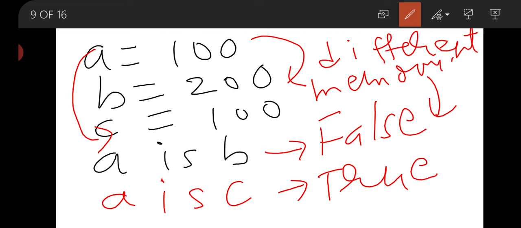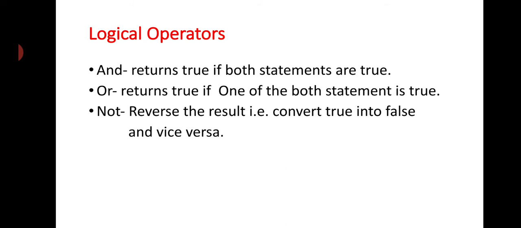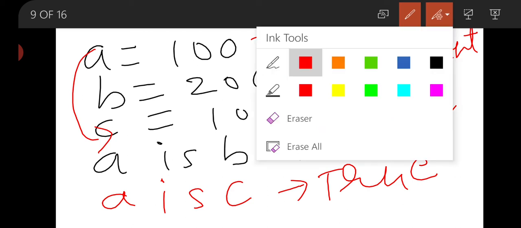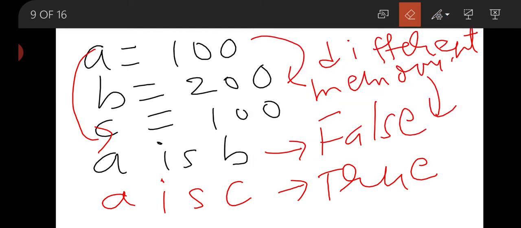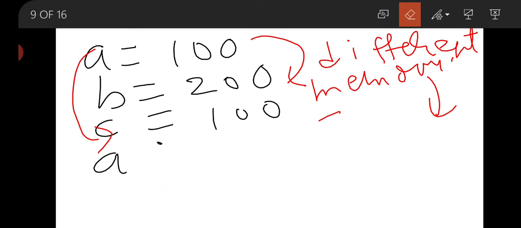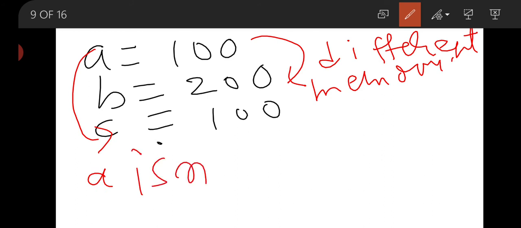Now if we are going to apply the is not operator, here you can see that if A is not B, then this will return true.